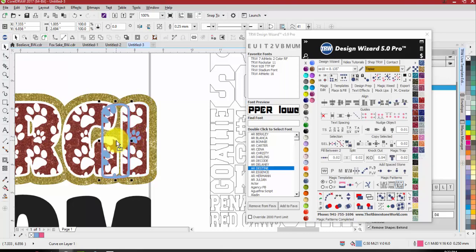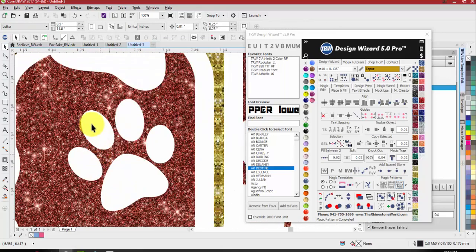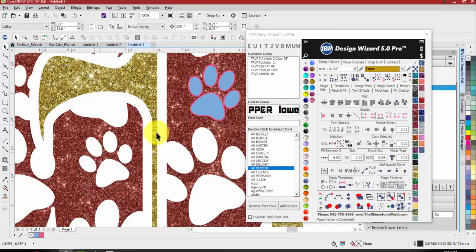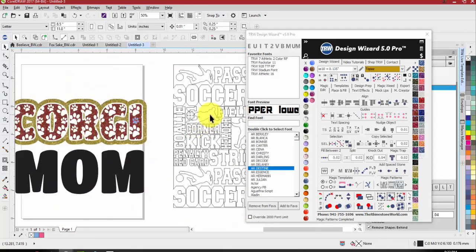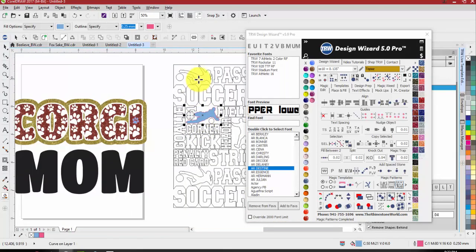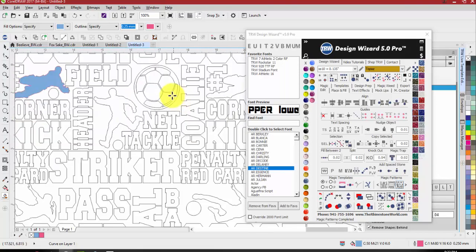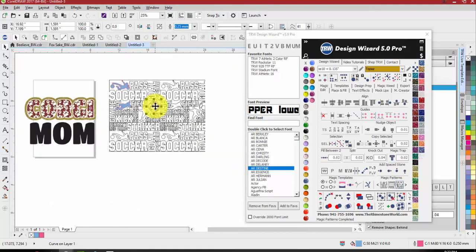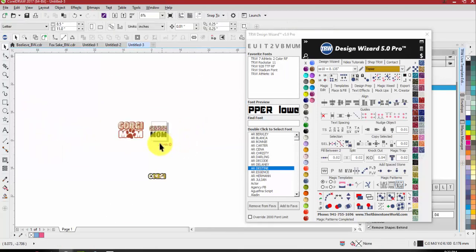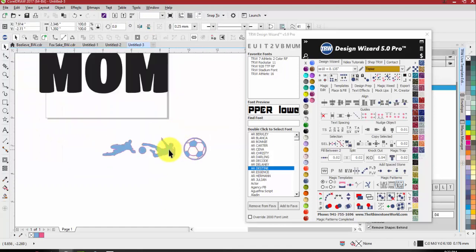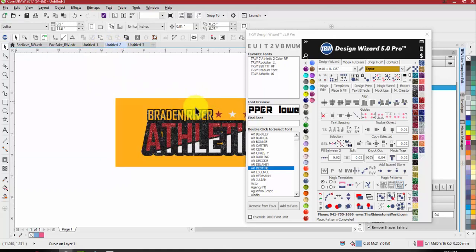So you have to find a shape that's completely closed in, like this paw here, or the first one I chose. Once you do that though, so like our design up here, all these little designs that are in our patterns, I can actually take out and use in my different designs now. So obviously I wouldn't need any of these soccer ones right now, but if I wanted to use it with my last design, let's say I have this soccer pattern, I could take my soccer player here,